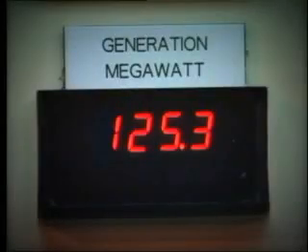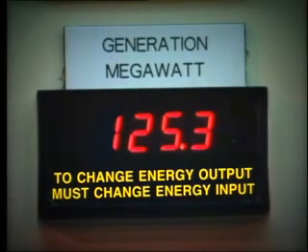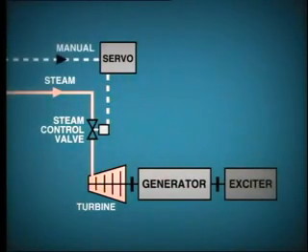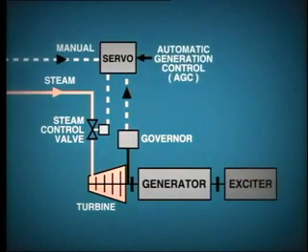We know that in order to change the generator's active power output, we must change the energy input, that is, the steam flow through the turbine. This may be performed in several ways: manually by the operator in accordance with predetermined loading instructions or on request from the dispatcher; automatically by the turbine governor, which responds to changes in turbine speed, which is in turn related to system frequency; automatically by the dispatcher's AGC if this particular generator is being used for regulation, that is, to